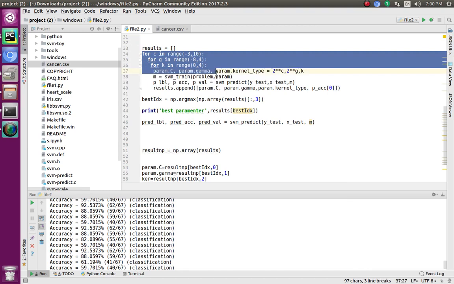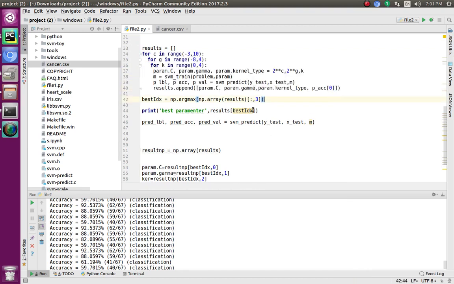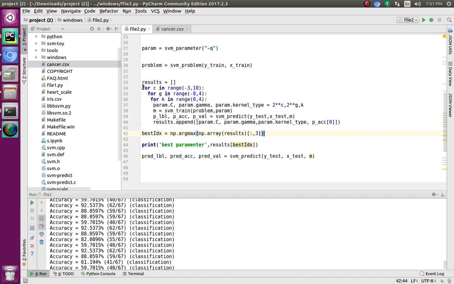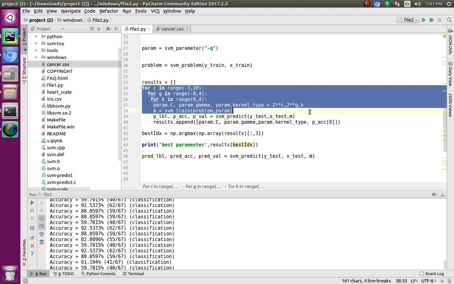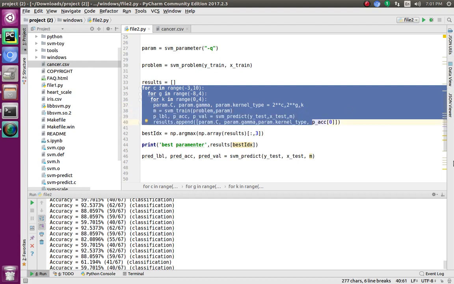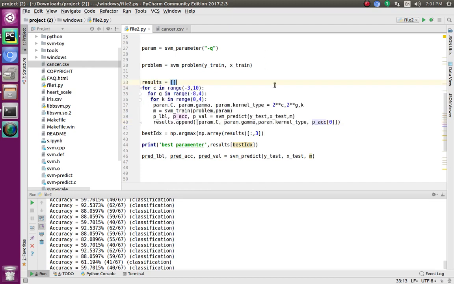You can see here I have implemented 4 loops, and I did this for tuning the parameters. We do tuning in libsvm just to get the best accuracy. And here are the parameters c, g, and k. If you are not aware of that, I will tell you about that. Here g represents gamma, the kernel coefficient for rbf, poly, and sigmoid. If the value of gamma is higher, it will exactly fit the training dataset. If our gamma is higher, it will best fit our dataset. It will generalize our dataset in a good way.